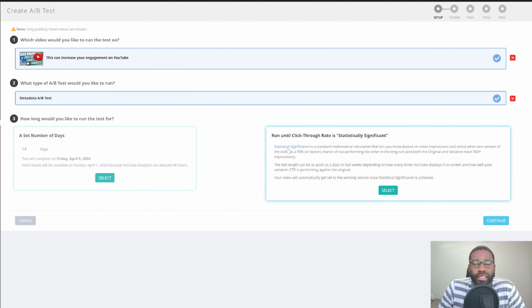And what that means is basically you're going to run this test until there is some type of significant difference for the test to actually be able to say, okay, one of these is absolutely better than the other one. So with that being said, I'm just going to go with the statistically significant, and I'm going to select that